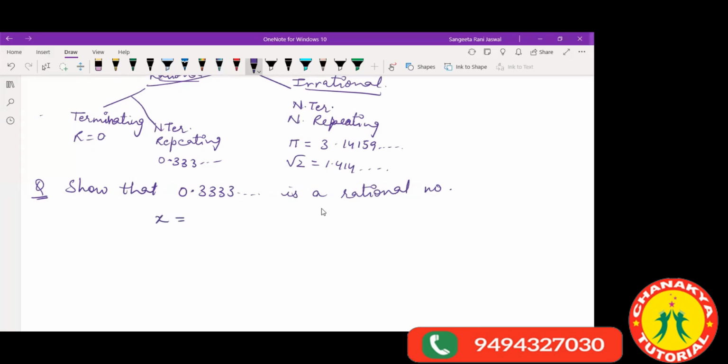What we do in this case is take this value to be x. So we write 0.3, and since 3 is repeating many times, we'll write a bar over it. So let's take x equals 0.3 bar. Then we will multiply this by 10. Why 10? Because after one digit there is a decimal point. So we'll multiply